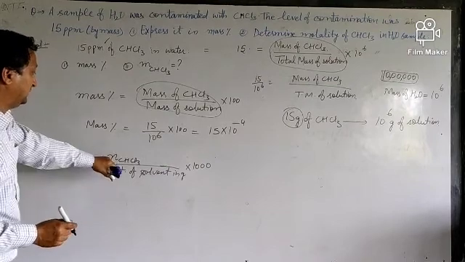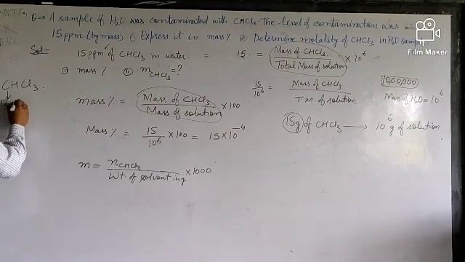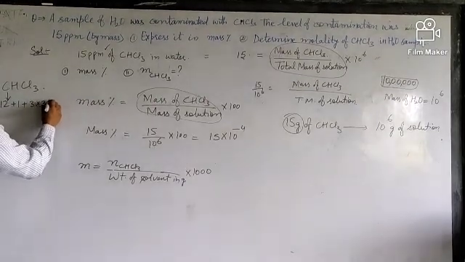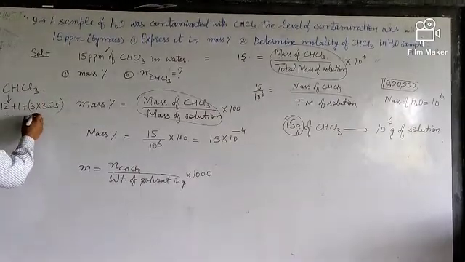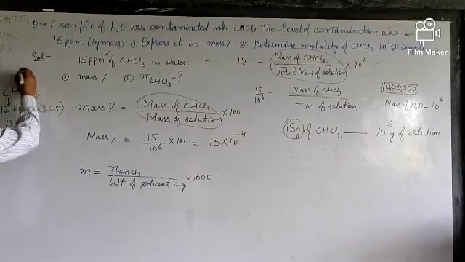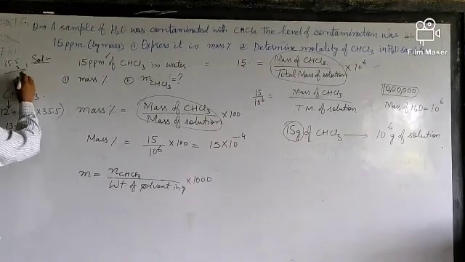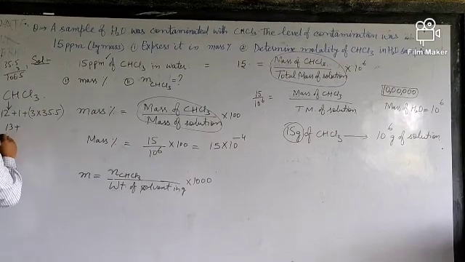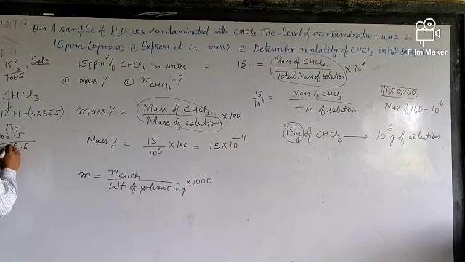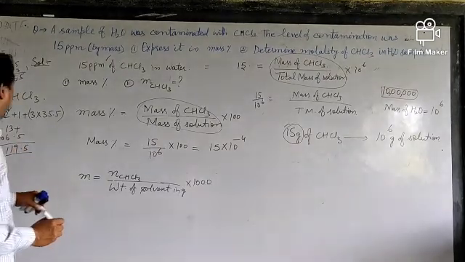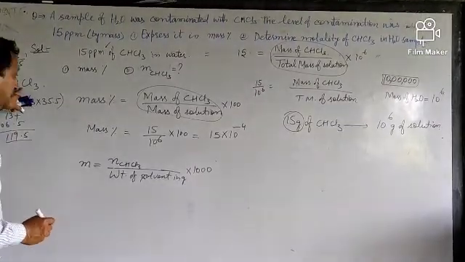Okay. So here weight of solvent can be taken to be 10 raised to power 6, and we can find out the number of moles of CaCl3. What is the molar mass of CaCl3? 12 plus 1 plus 3 into 35.5. This is the atomic mass of chlorine. So 13 plus 35.5 into 3 is 106.5. So that is 119.5. Okay, so this is the molar mass of CaCl3.